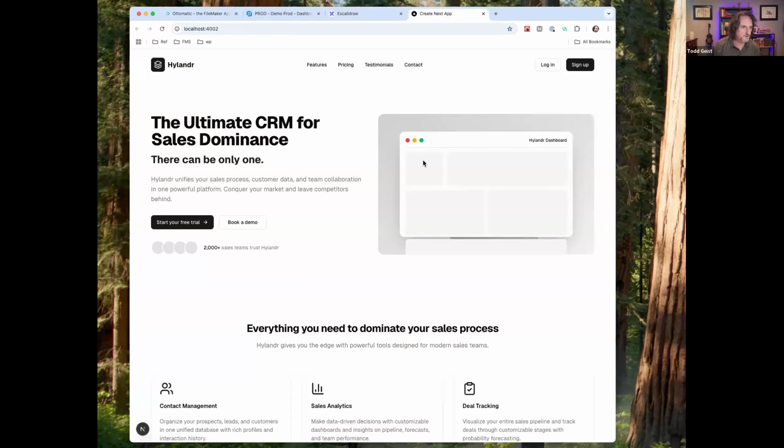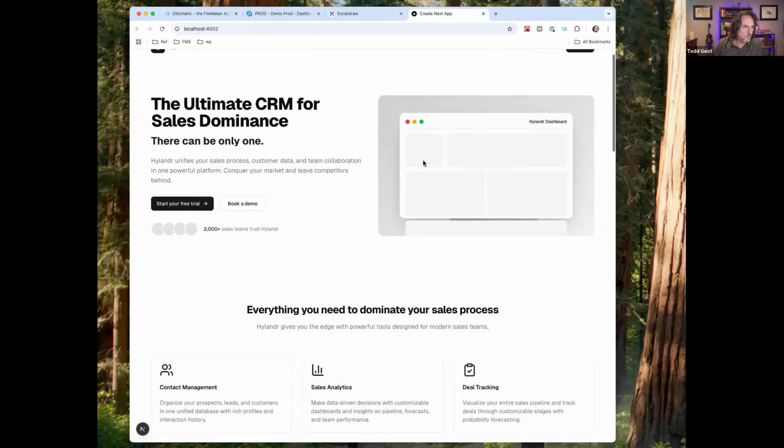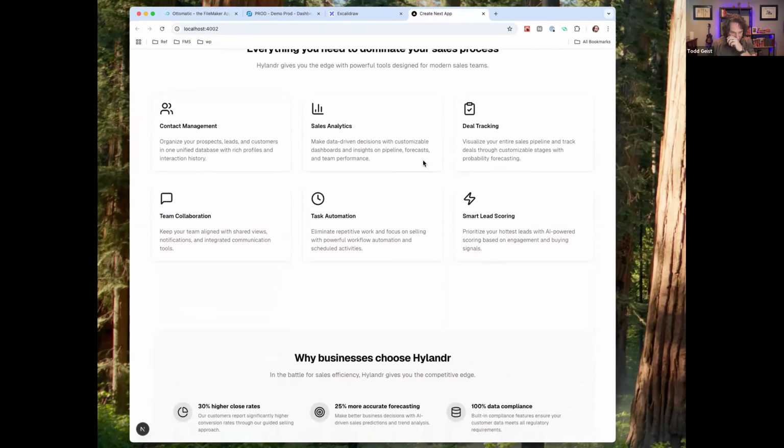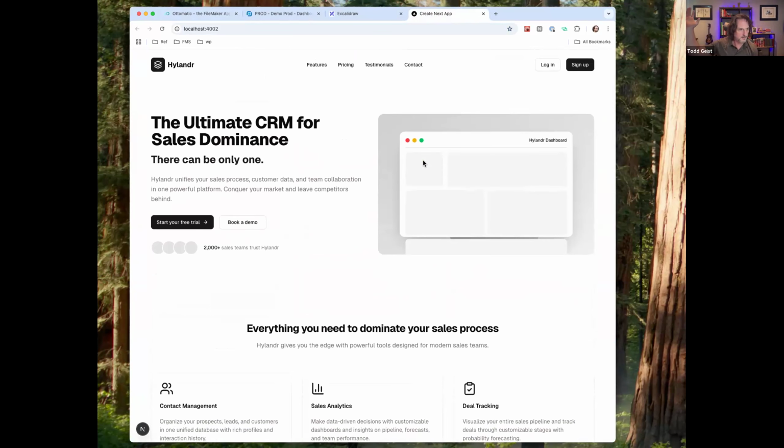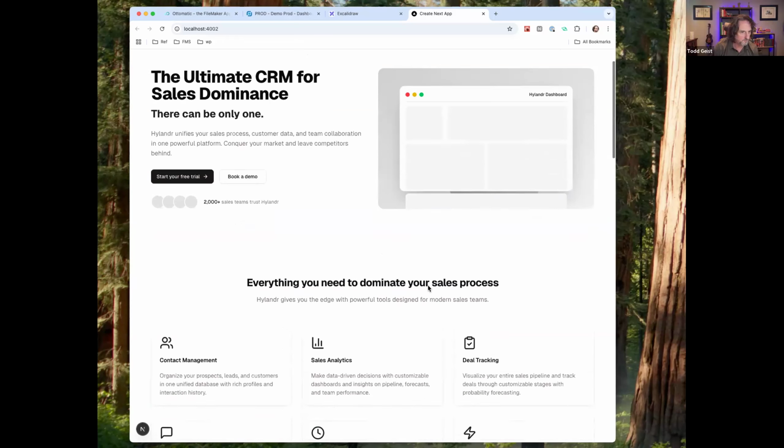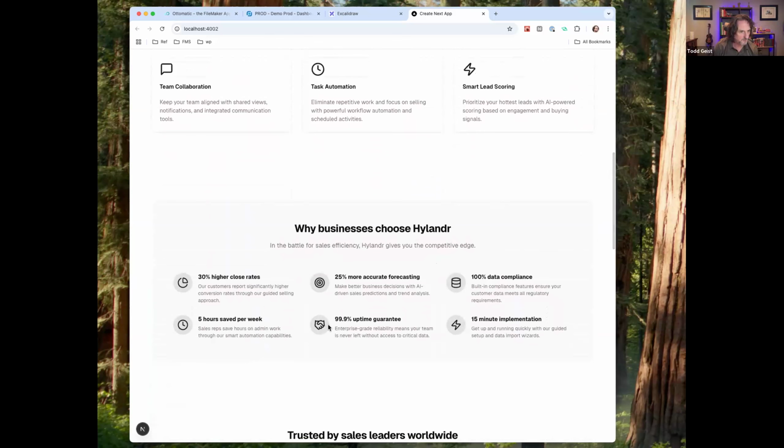Let's say that you have a FileMaker vertical and you want to allow people to go from your website and download and deploy it on their servers. Maybe you don't self-host, or maybe you just want to make a demo available that they can install onto their server. So you've got a beautiful website that explains how you are going to win the sales domination game, and you've got all your beautiful stuff shown on your landing page.